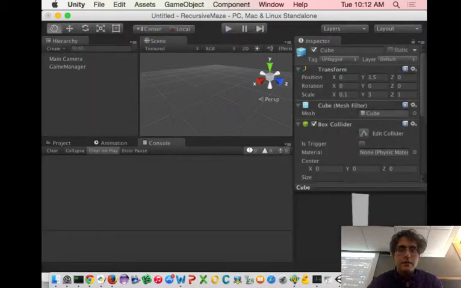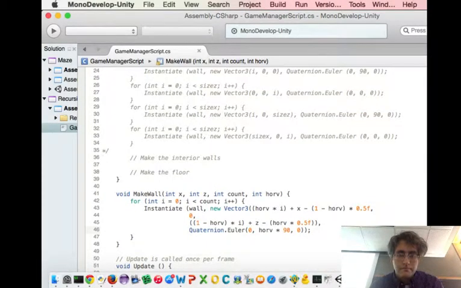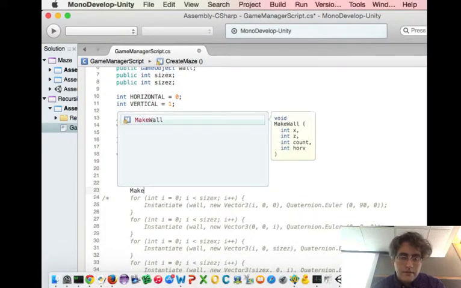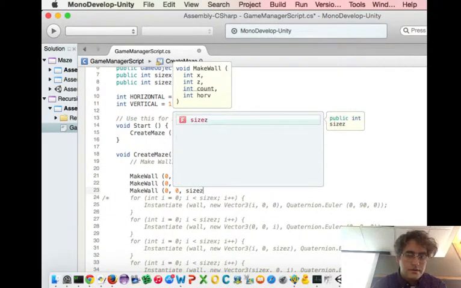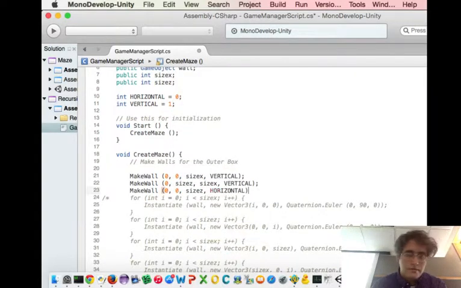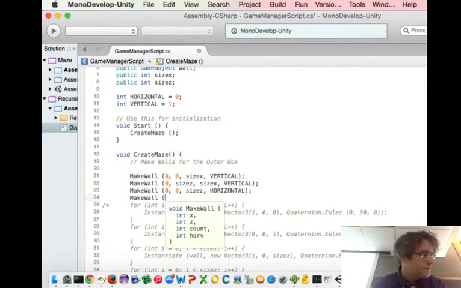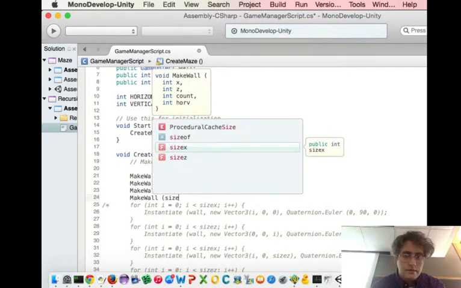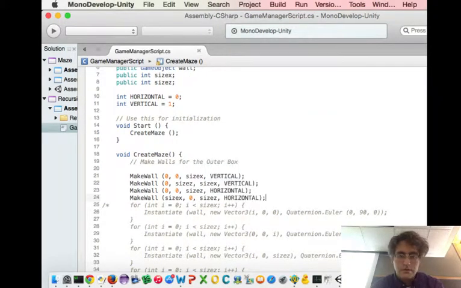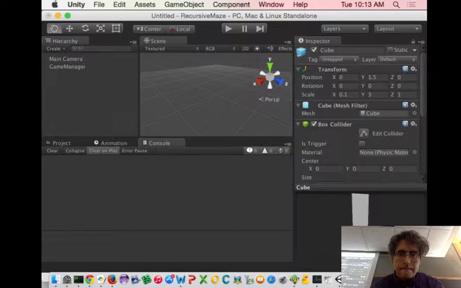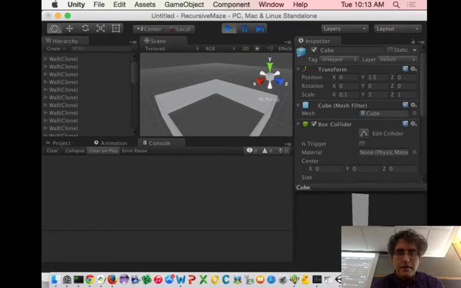Let's see if I can get the other boxes to work. Make wall from 0, 0, size z, horizontal, horizontal. Okay, now we're back where we started. It fixed the